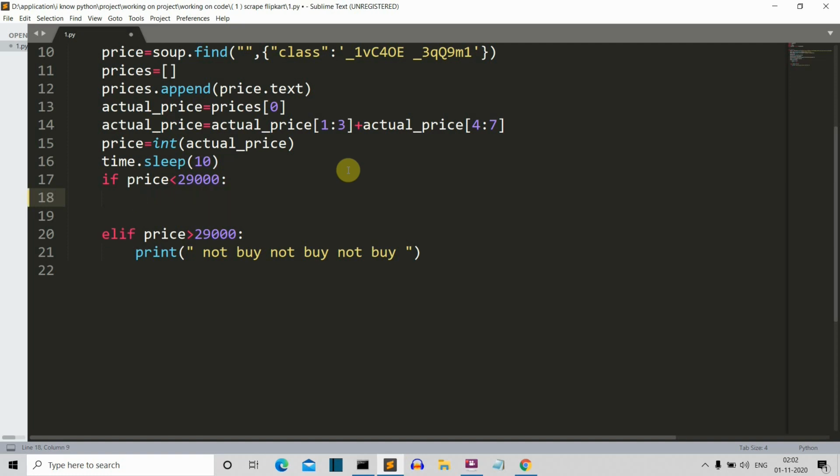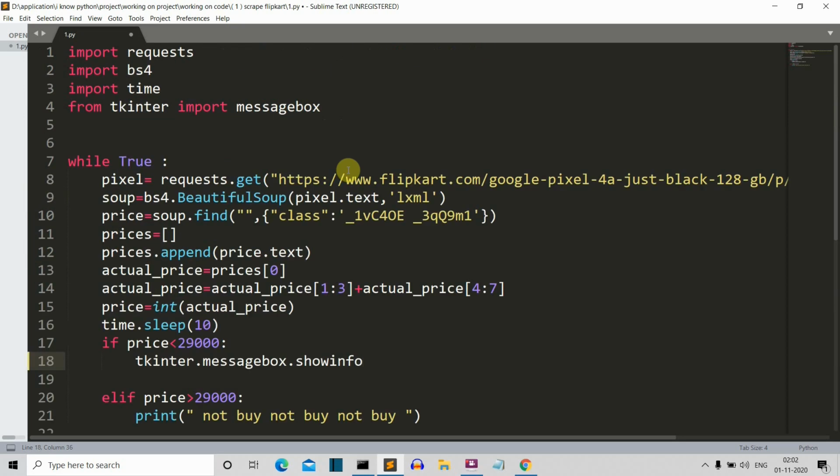Okay, so what we'll do is we'll create a Tkinter message box. So tkinter.messagebox, and we'll use this showinfo. Now there are a lot of methods to create a Tkinter GUI pop-up. You can use the orthodox method of creating a Tkinter GUI, and actually it is the ideal way.